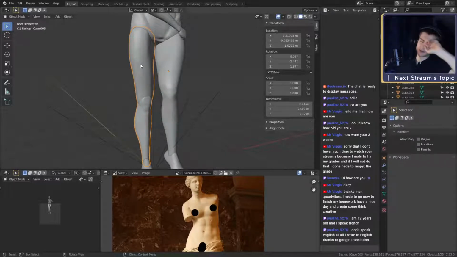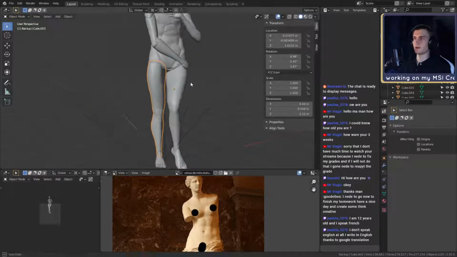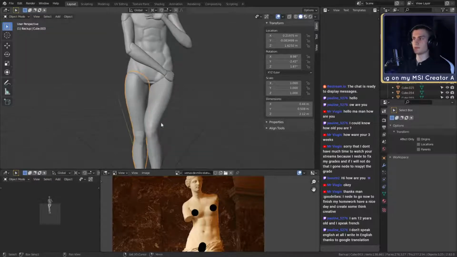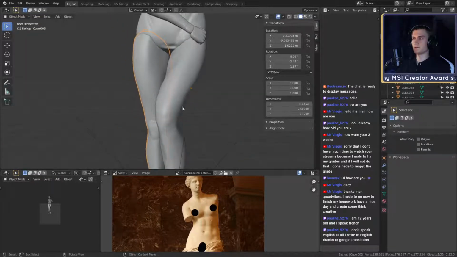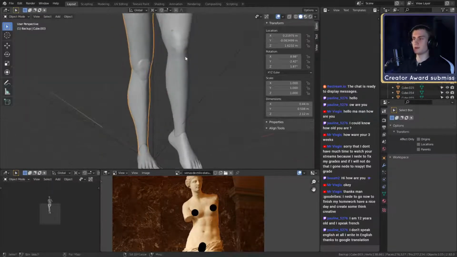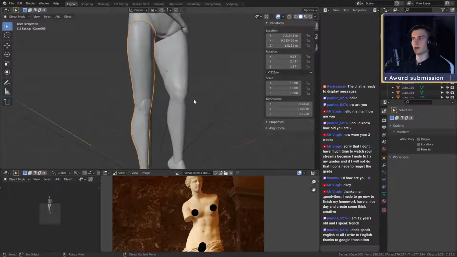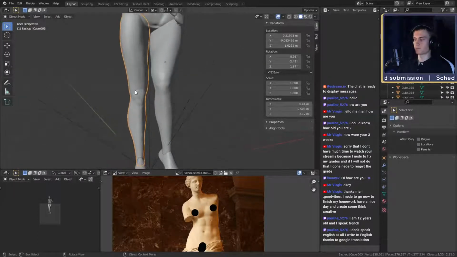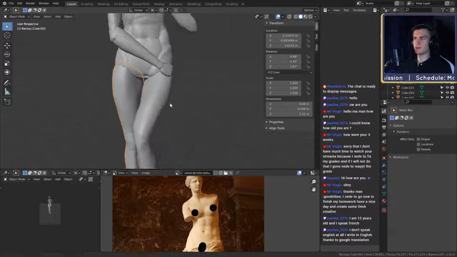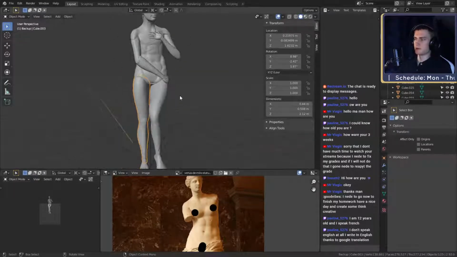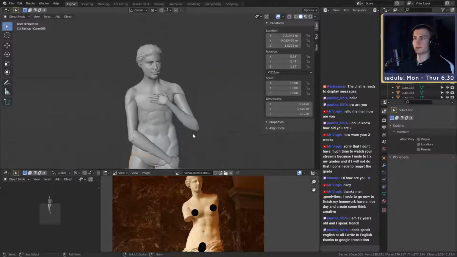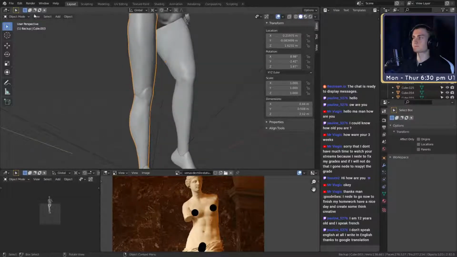Hold on, how do I want to explain this? So it could be that I want to make small changes to the hand itself, and that wouldn't be really possible if I combine the hand with the arm. So what I want to do first, I want to only combine, for example, the legs, so the upper leg and the lower leg, before I combine everything, just to make sure it still looks good, and I can still make small changes if I have to.